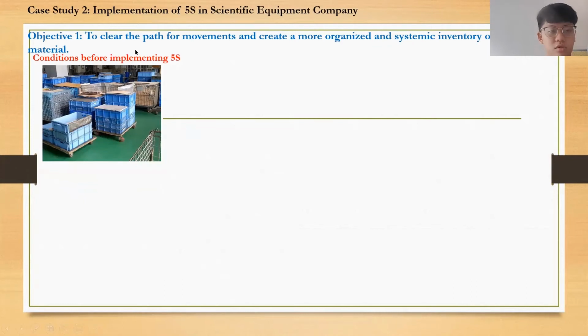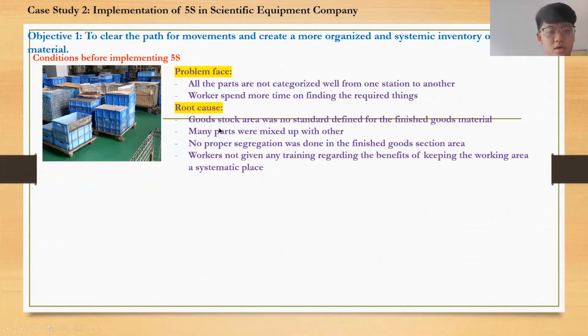The objective is to clear the path for movement and create more organized and systematic inventories of materials. You can see the picture here, the condition before implementing the 5S. The problem faced is that all parts were categorized from one station to another, and the customer model was providing their required things. The root cause was that the good stock areas were not standardly defined for storing good materials, many parts were mixed up and not properly segregated, and workers